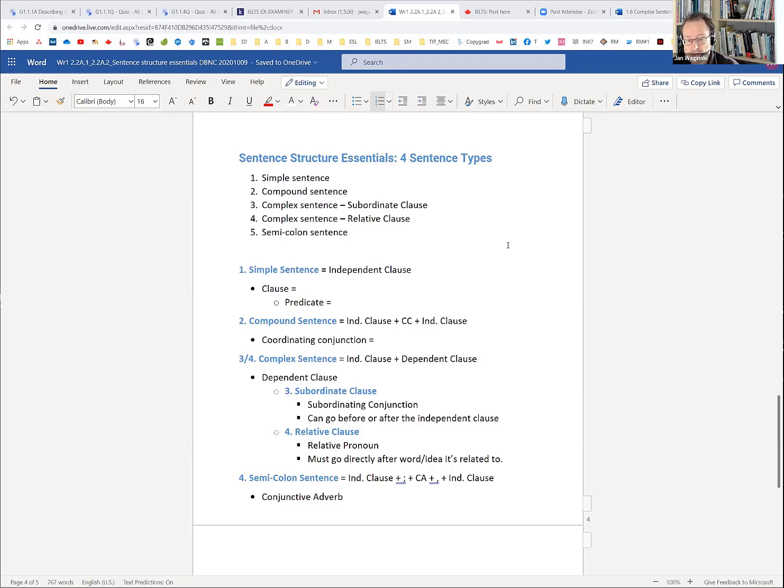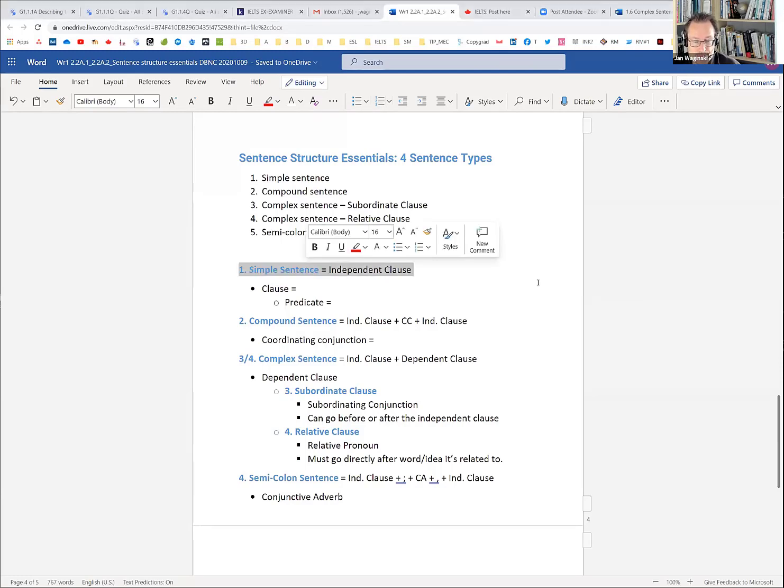So today we're just going to do an overview of sentence structure essentials and the four very common sentence types, plus one that's not quite as common, but I teach it together because it's often confused with one of the really common ones. Okay, so